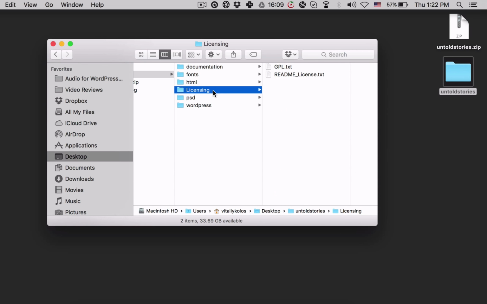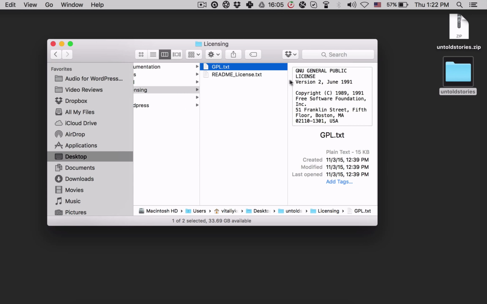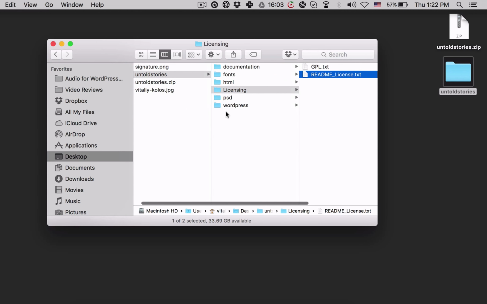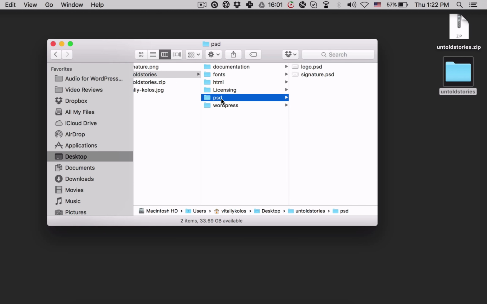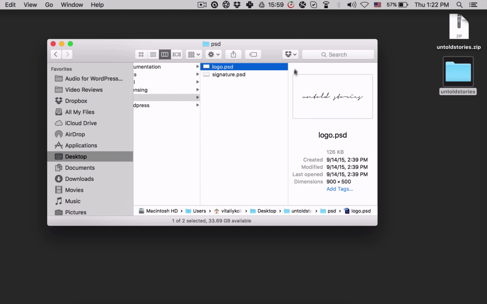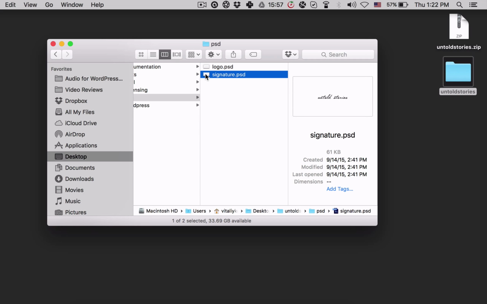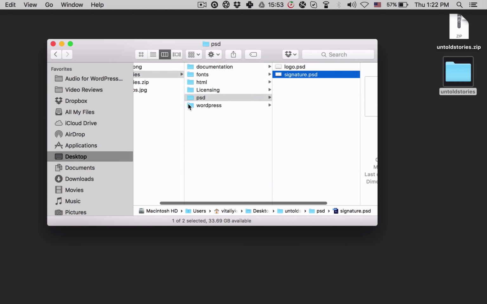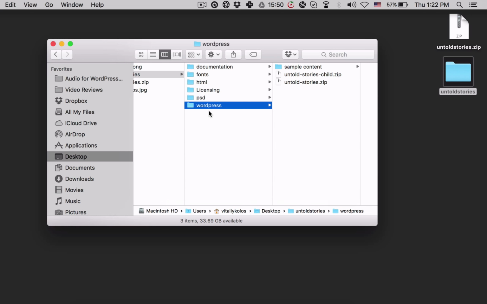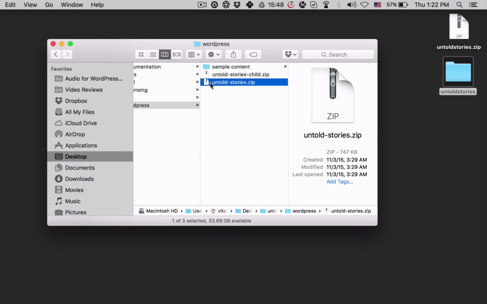the licensing folder with the gpl.txt and readme_license.txt, the PSD folder, which contains a sample PSD file with the logo and a sample PSD file with the signature. The WordPress folder contains your theme,